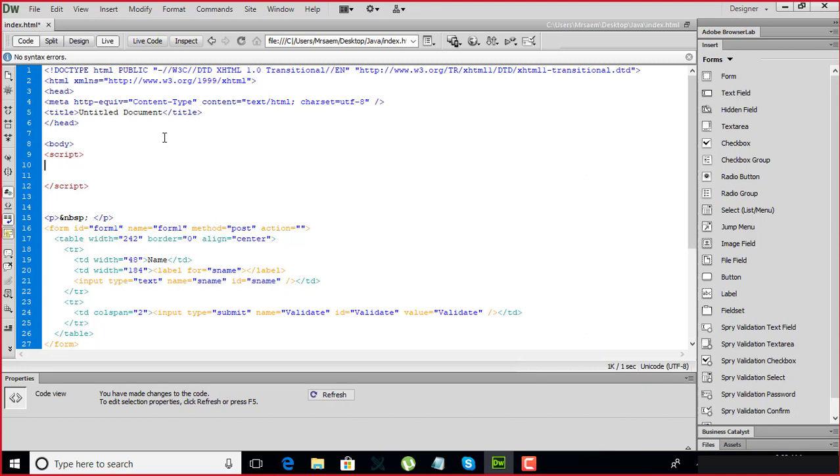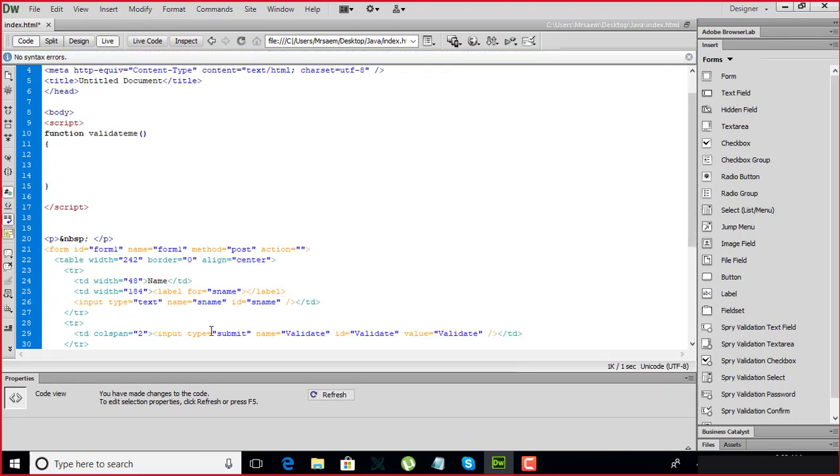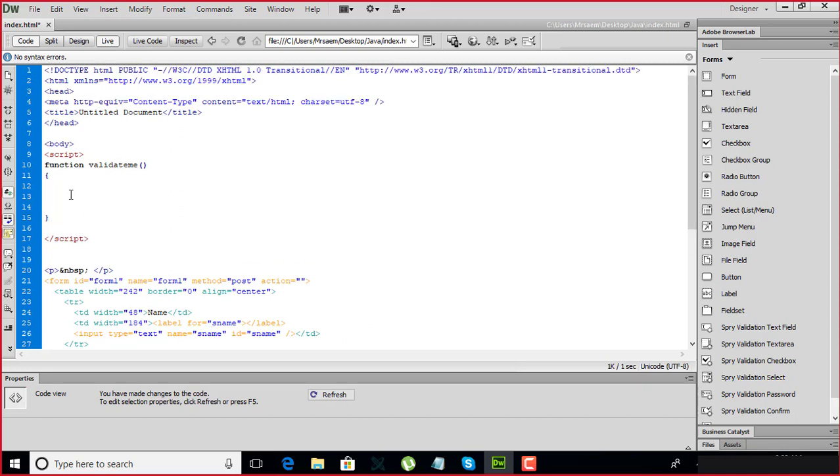Okay, so let's make a function. I'll call it validate me, and I have named the field s name. So I will say over here, if form 1, because I have form 1, if s name dot value is